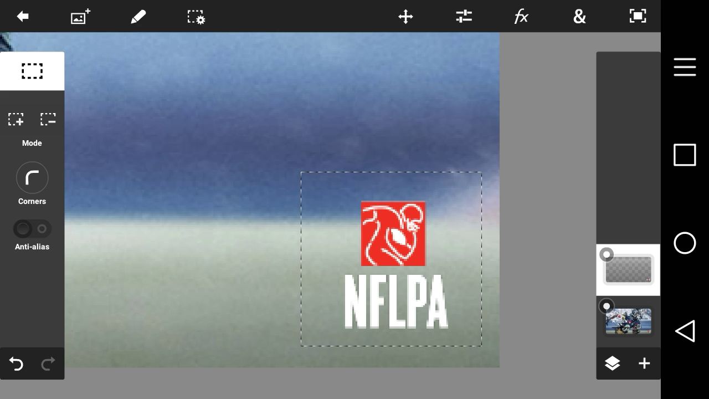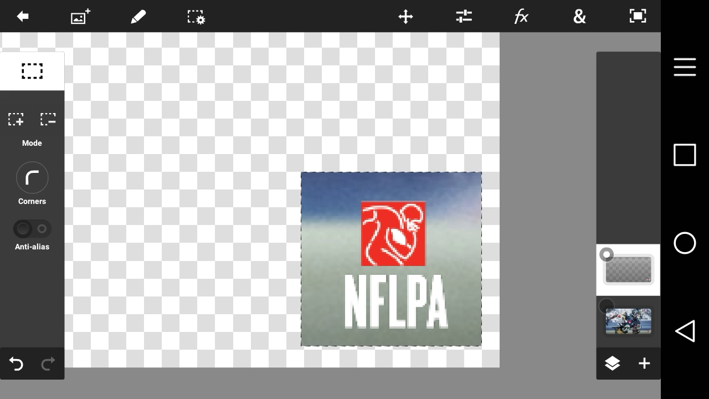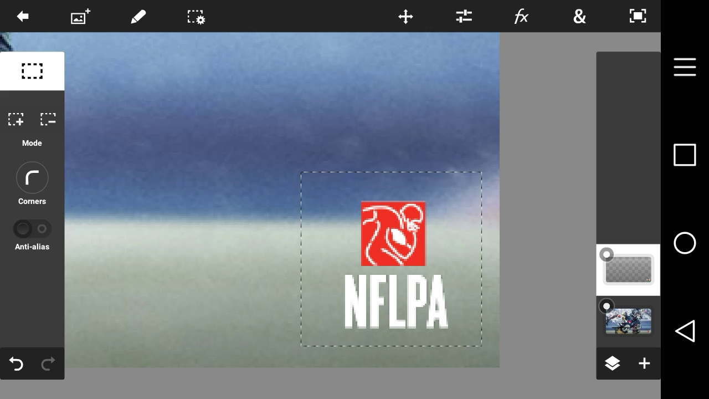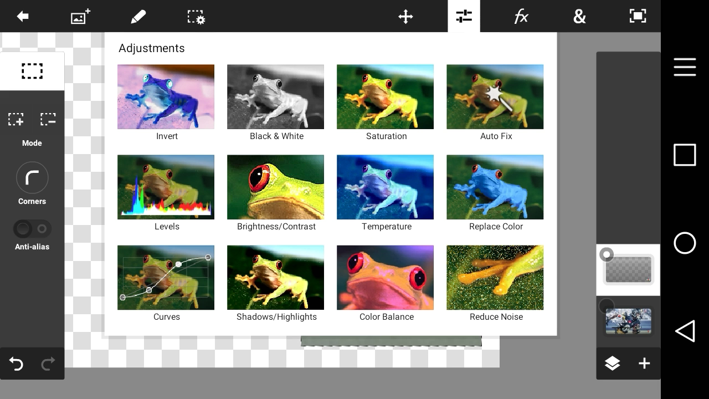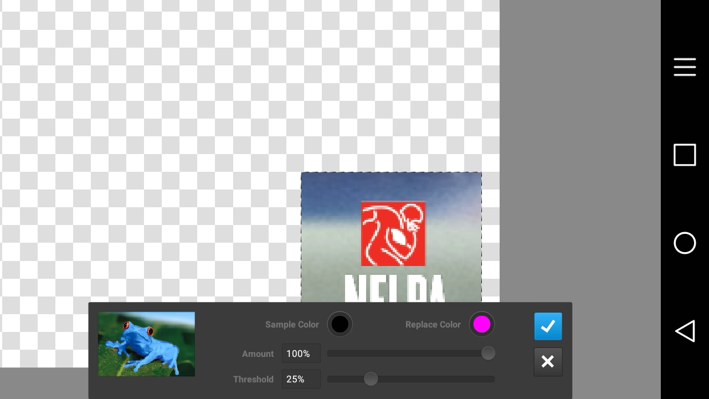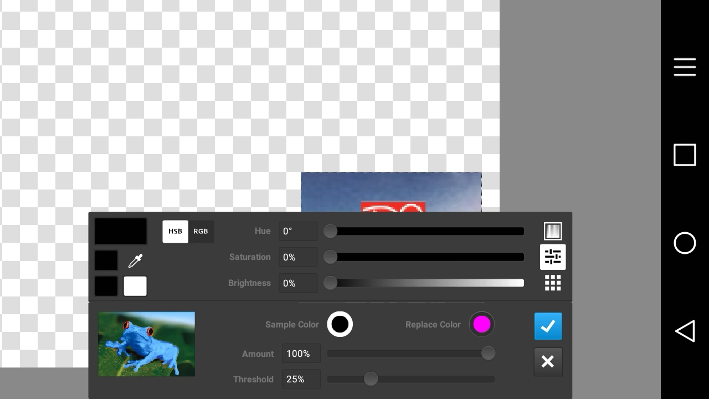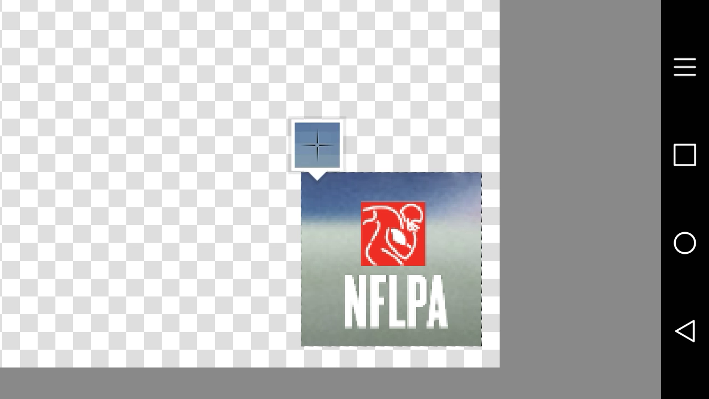So what that's going to do is now that's the only thing that's showing. This is the only part of that layer that we have left. And now all we have to do, when you tap this little button down here, that hides the other layer, which is pretty much just another section of your project. And now what we're gonna do is go to this right here, this kind of sliders button. We're gonna say replace color, and then what we can do is take a sample color. So click the little color next to the sample color, and then we're gonna take the dropper tool, drag it